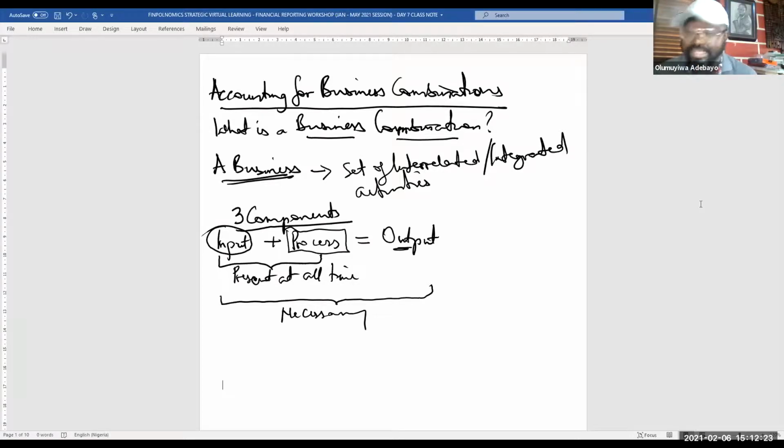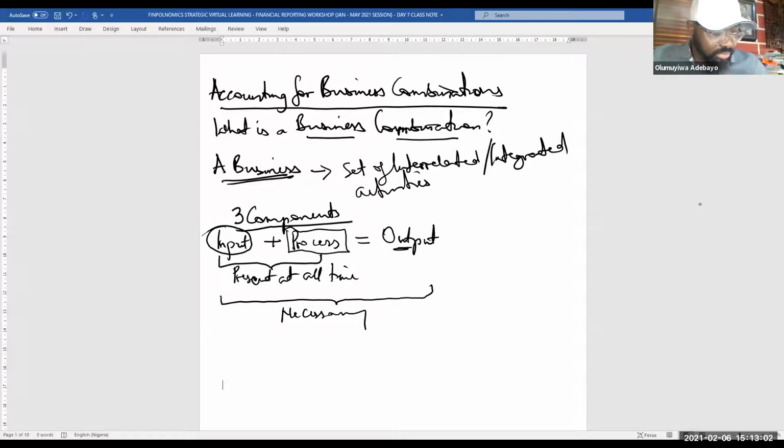Until we identify that a company is a business, before we can even think of combination, which seems to speak to the fact that if at least one of the two companies involved do not qualify as a business, automatically any arrangement within them can never give rise to business combination. Which means the two parties involved, or if there are more than two, all parties involved must qualify as a business before the arrangement can be deemed to be a business combination.